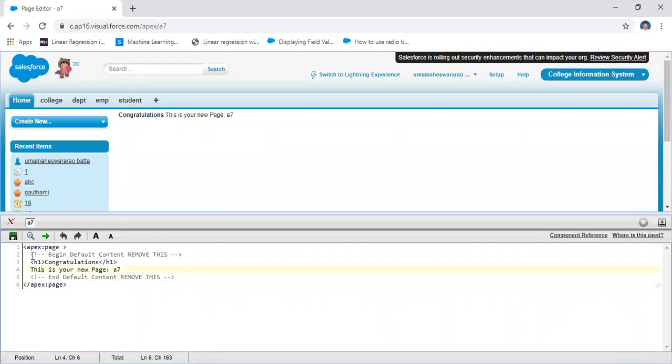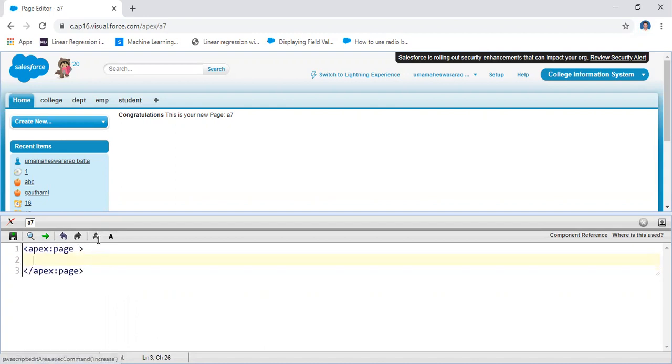Any Apex programming or Visual Force page starts with the apex:page tag. I want to display certain information. How can you display it? One thing you should remember: if you want to write any input tags in a Visual Force page, you should first write the form tag.